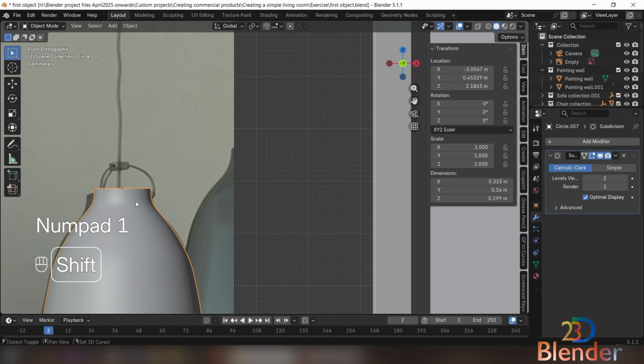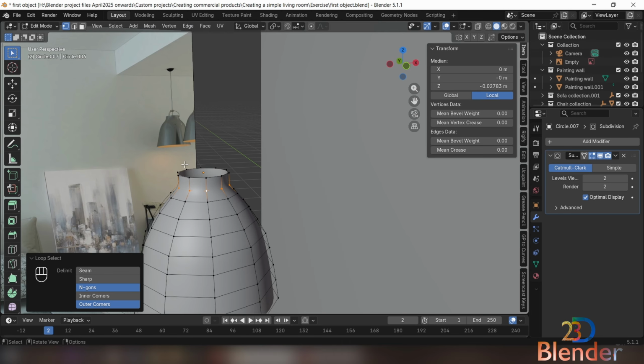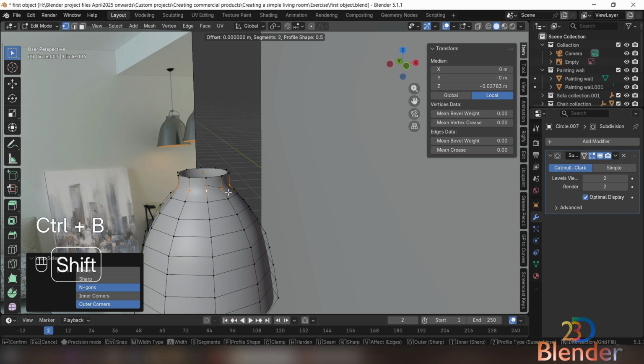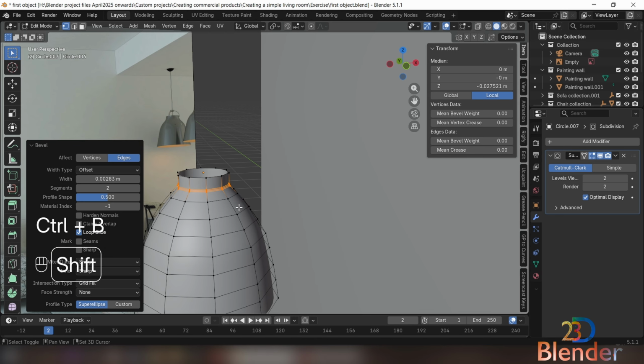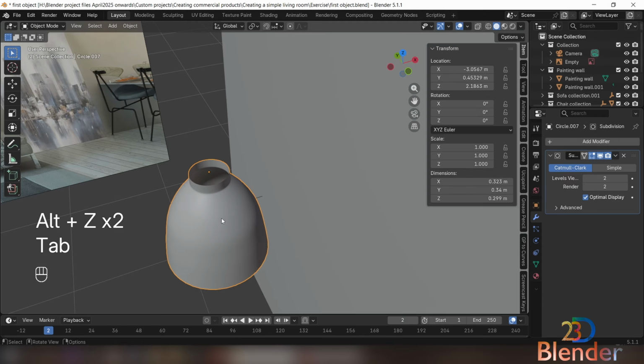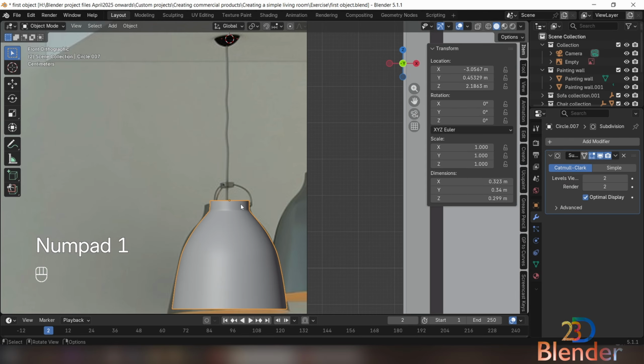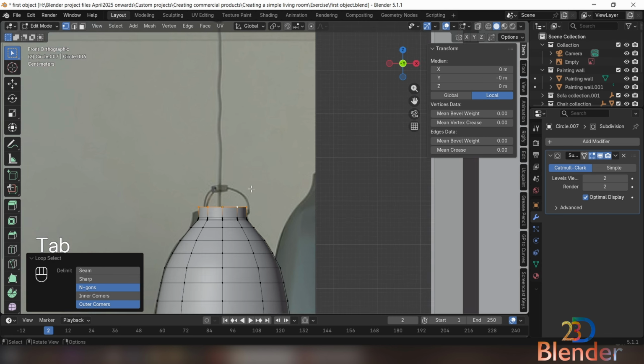So yeah, we have this, and I want this edge to be like that. So let's bevel it, like a small bevel with 2 cuts or 2 segments. So this is prominent like that. And now let's create this. So let's take this loop,